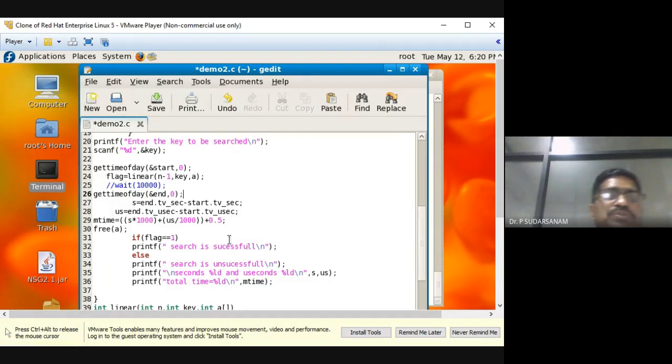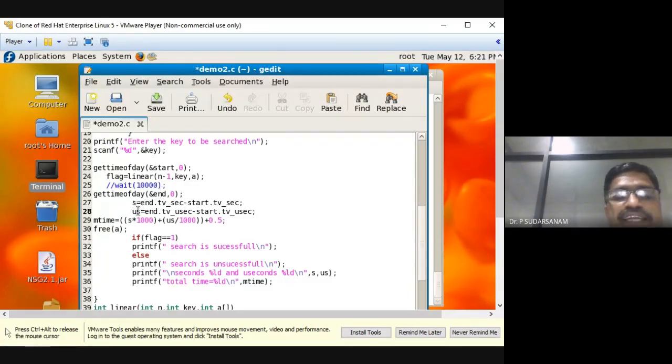So now we'll come back to the program here. Get time of the day: start is nothing but everything will be stored into start. In that you will have hours, minutes, seconds, milliseconds, nanoseconds. All these things will be stored in this one. You can take out one by one whichever you want, with respect to hours, minutes, seconds, milliseconds, or nanoseconds. Now you have to do it with the seconds and unit per second. So for seconds, end, as I told you already, is nothing but end minus start only.